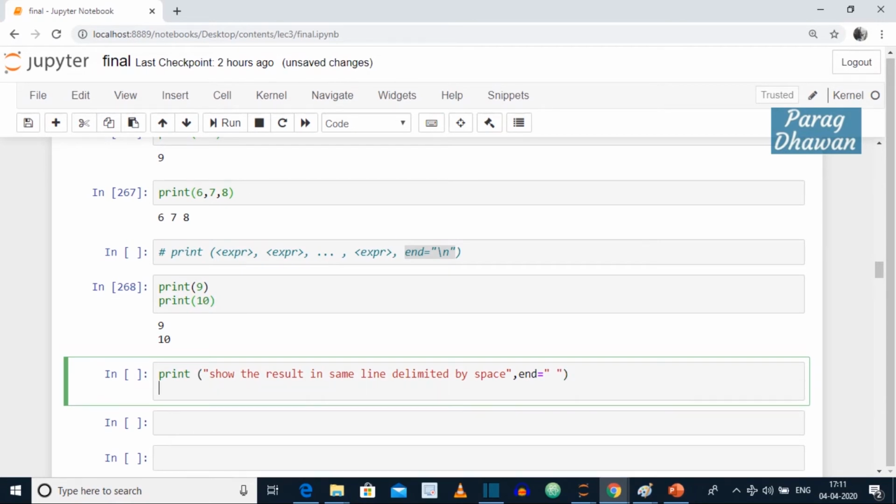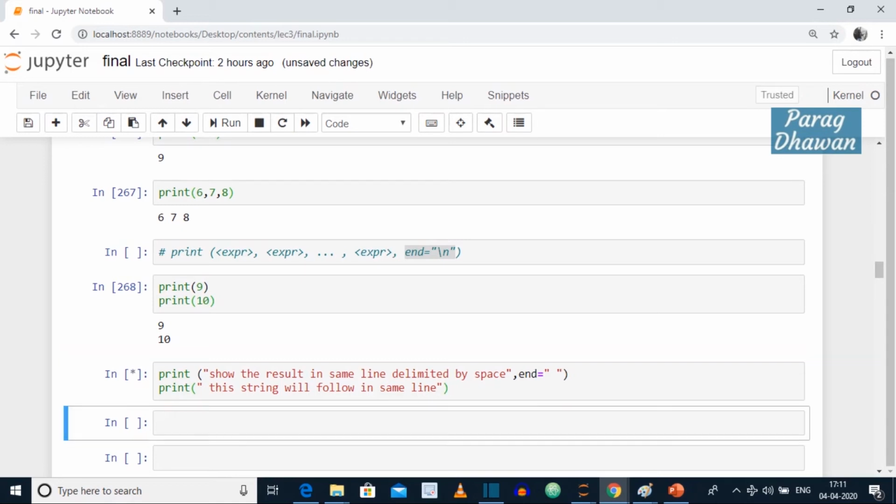After this you write the second print statement, print "this string will follow in same line." Click on the cell, hit shift enter.